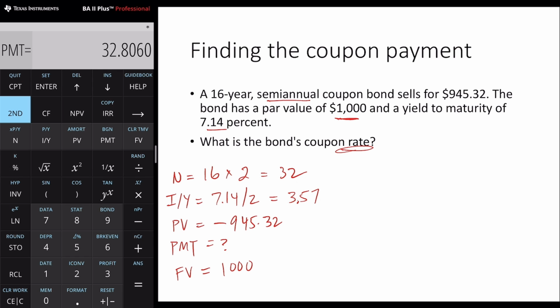Compute the payment. 32.81 or so. Multiply this by 2, we get $65.61. This is the coupon payment amount. Technically, it asks for the rate, so we divide that by the par value of 1,000, and we get